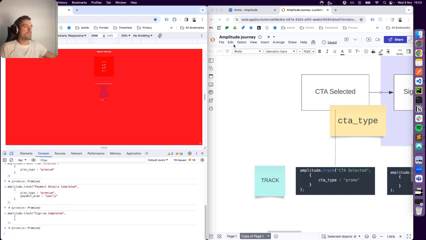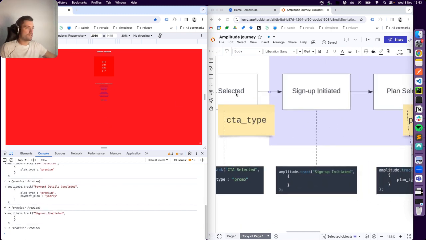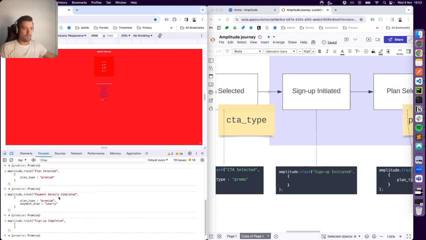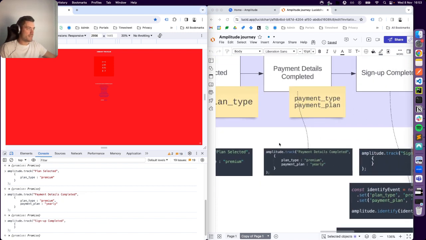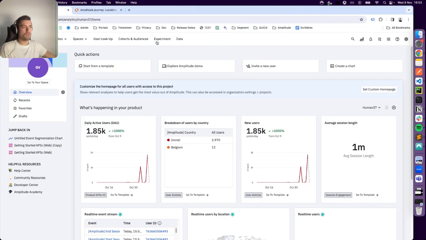Okay. Now that we've done this, basically these are all the different calls. For instance, payment details completed is exactly what you see here. Payment details completed with payment type and payment plan, which translate into this code, which is exactly what I've put in here. Now, if we have a look at Amplitude and we go to data,